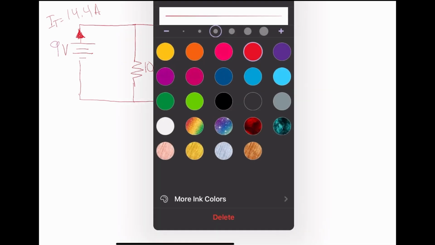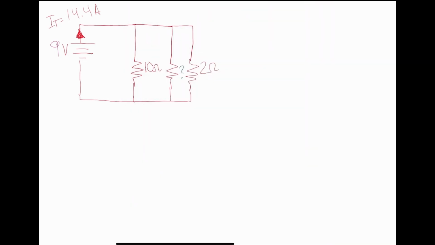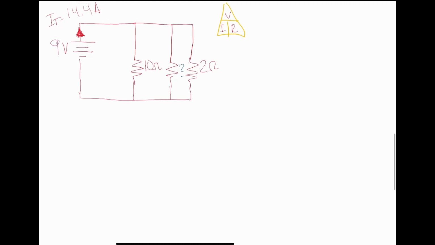Here we have another resistor. In this case, we are missing the resistance of one resistor, and we do not know I1, I2, and I3. Okay, of course, let's start off with the Ohm's law triangle. First things first, we can start identifying. We know that we have the total current and total voltage. So that means we could find total resistance by doing